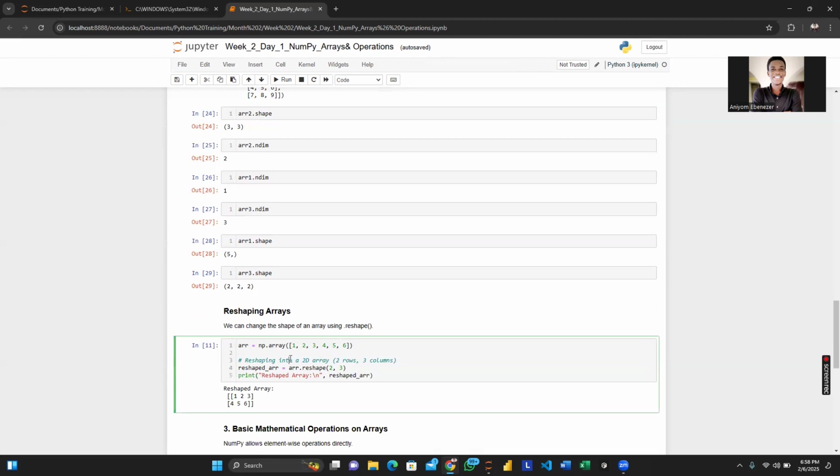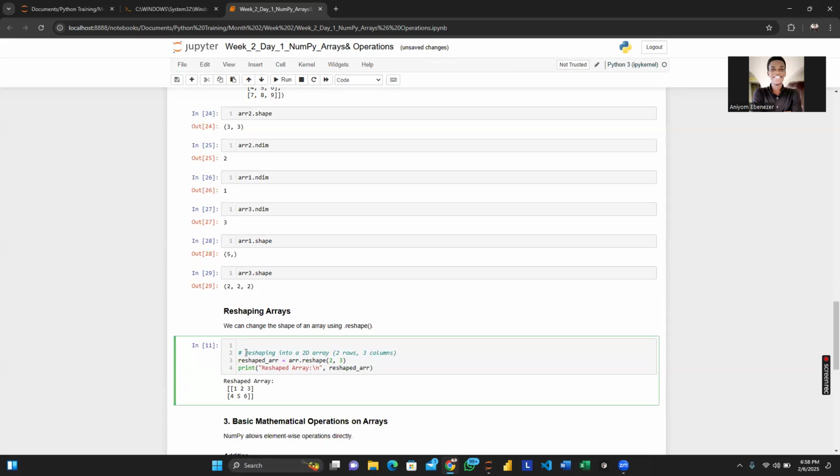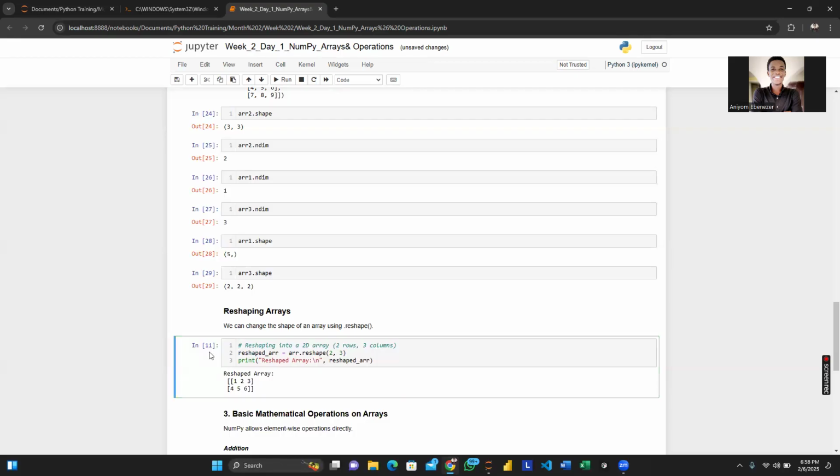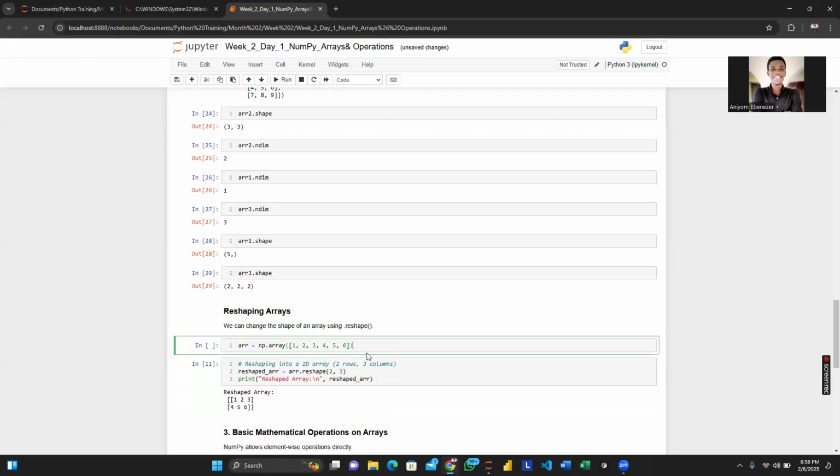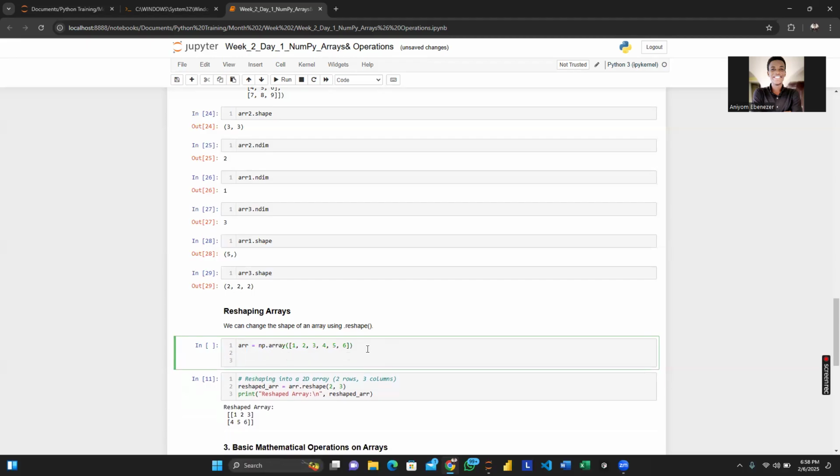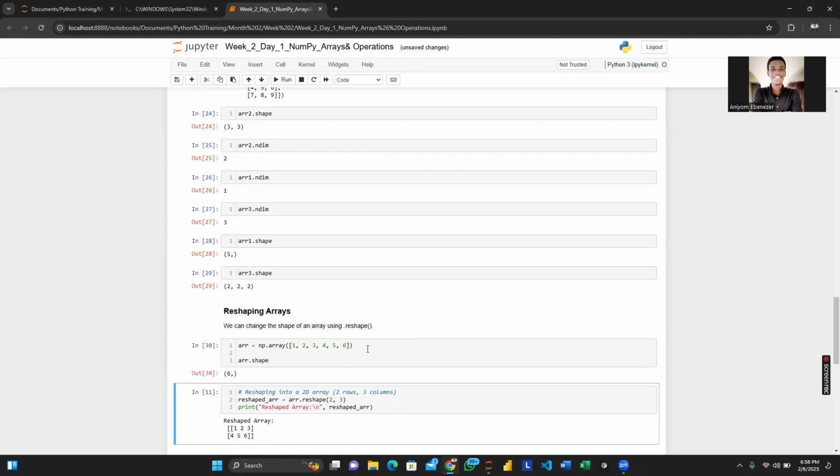So we have here this array. I hope it comes out well. All right, so I have this array. Let's check the shape of this array before we start reshaping first. So this should be a 6 by nothing array, right? This 6 by nothing array we can have reshaped to 3 by 2 or 2 by